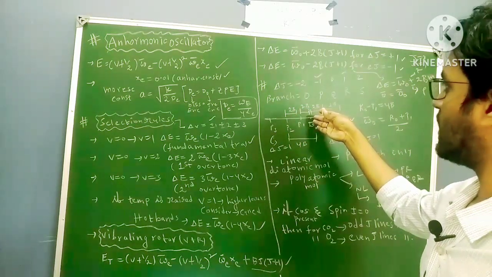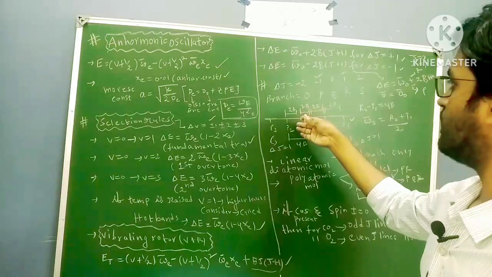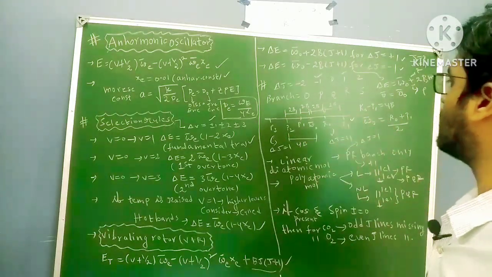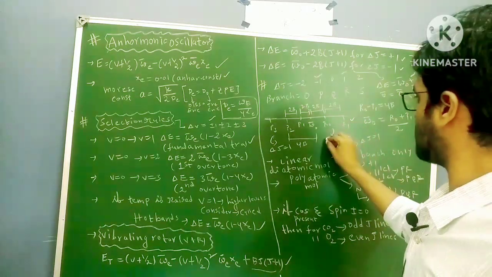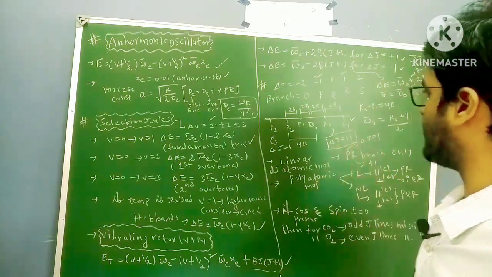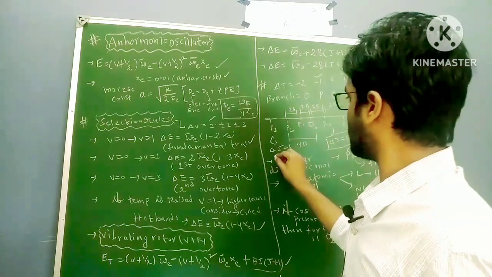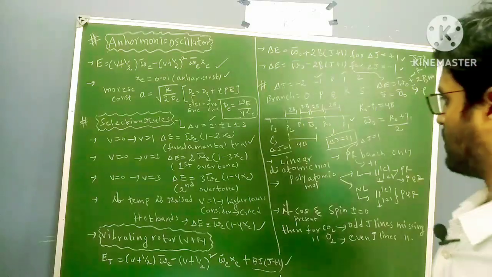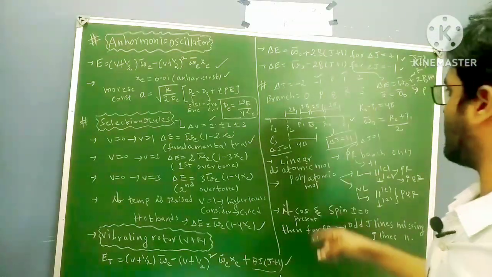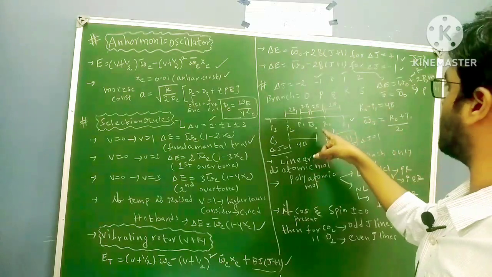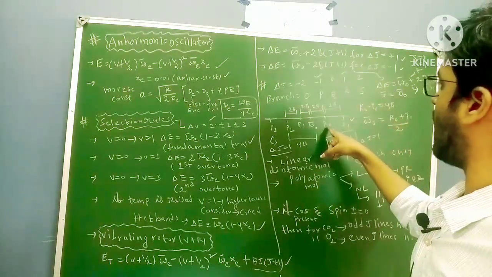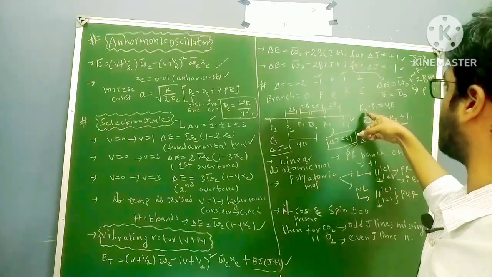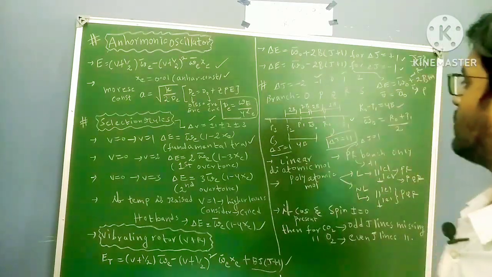From omega naught bar to P1 branch 2B, P1 to P2 2B, R naught to R1 2B, omega naught bar to R1 2B, right? This R branch is because of the delta J equal to plus 1 selection rule. This P branch is for delta J equal to minus 1 selection rule, right? So if you observe here, the important formula is the energy difference between the first R level and the first P level, R naught minus P1, that is 4B. You have to remember.